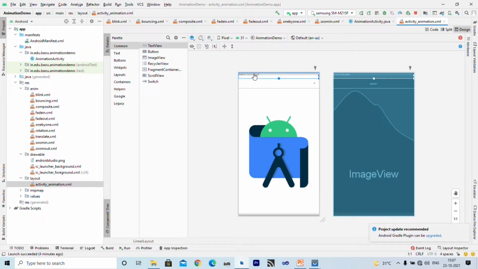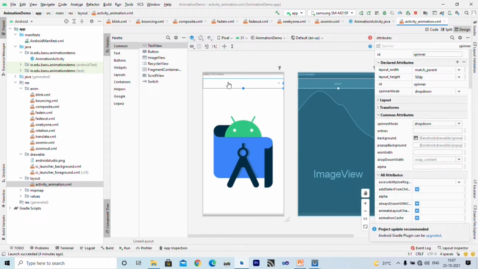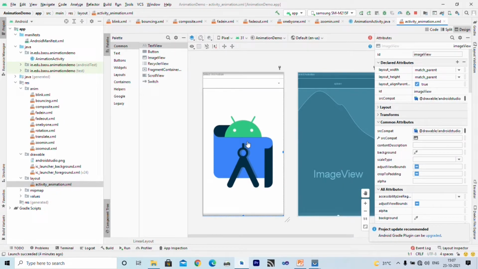The first is a text view, the second is a spinner which displays various animation names, and here is an image view. I want to apply animation to this image view.